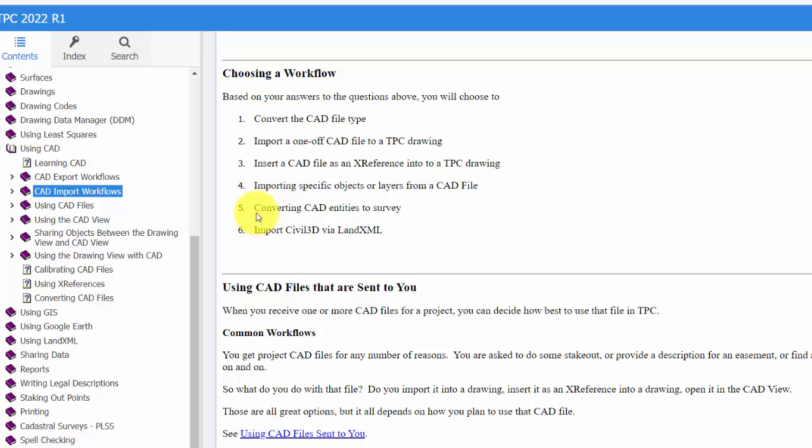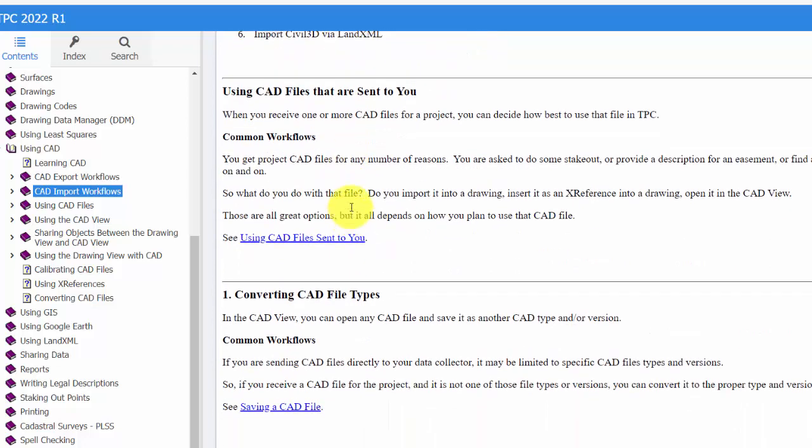This is an interesting one. Number 5, sometimes I just want to convert those CAD entities or layers to survey, so I have actual points and traverses to use. And then we mentioned earlier this Civil 3D via LandXML. Okay, so before we drop into these 6, I've got one that I want to just kind of take a